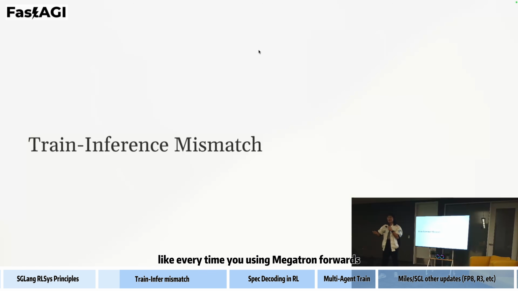Every time you use Megatron forward, get the logits, sample, append, and then do the forward again. The idea is naive because Megatron cannot support KV cache management or continuous batching. So we have to separate the training engine and the rollout engine.